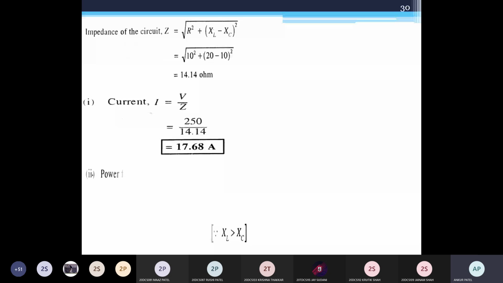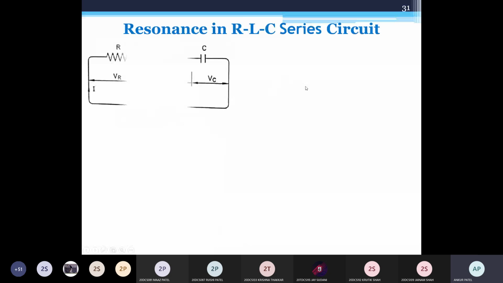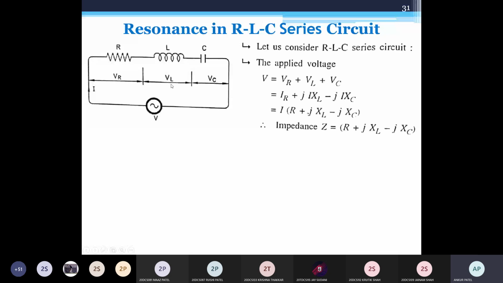So here we'll get the resonant frequency at resonance condition. So this is the resonance condition. We have taken here variable frequency supply source. So you have to draw the circuit diagram. Then according to the KVL, we can say vector summation of this voltage V equal to VR plus VL plus VC, as it is series connection.